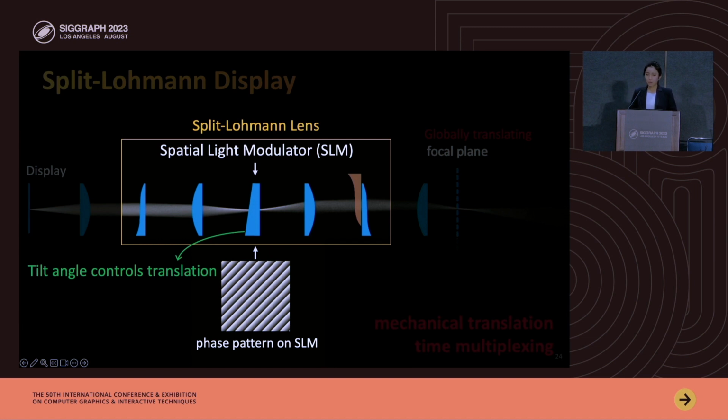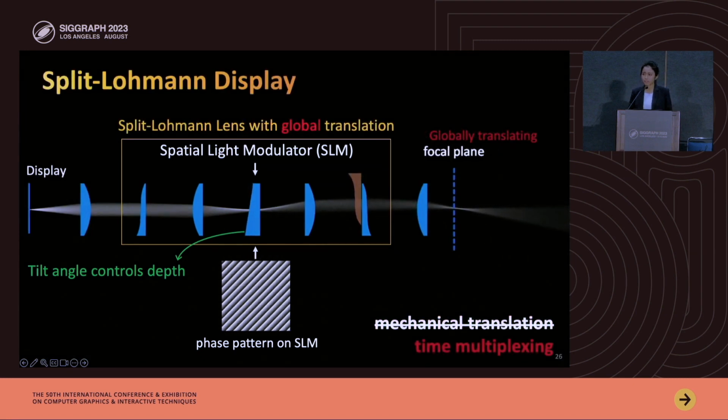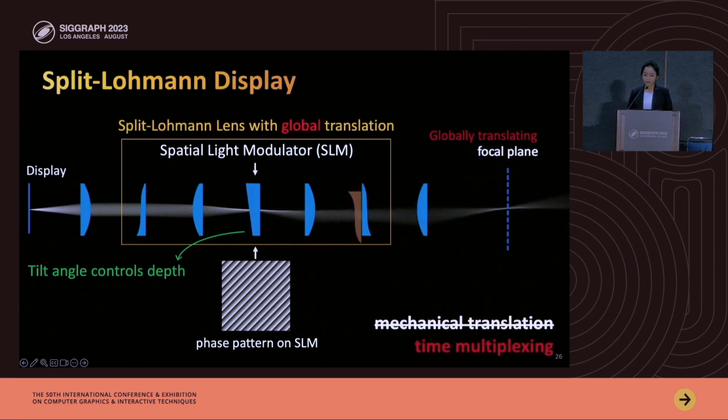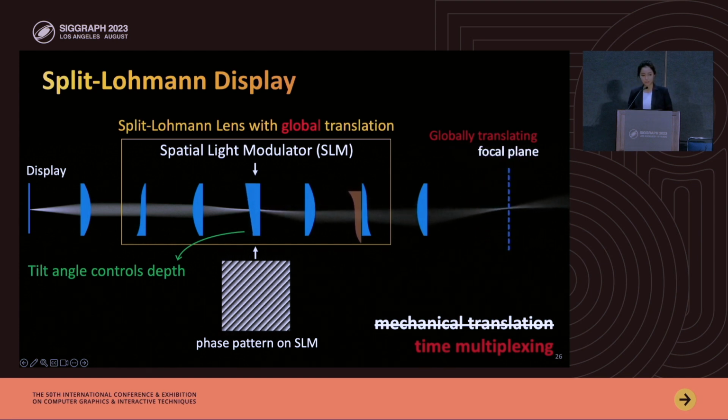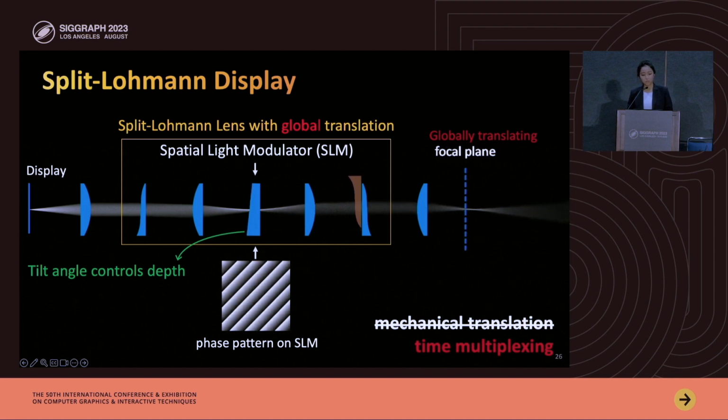Now recall that the Lohmann lens is a focus tunable lens. This tilt angle effectively controls the depth of the focal plane. By changing the tilt angle, or the slope of the phase ramp on the SLM, we can decide the amount of relative translation of the cubic faceplates, and consequently choose which depth to